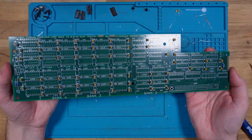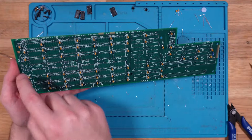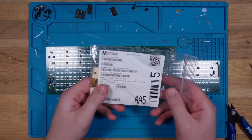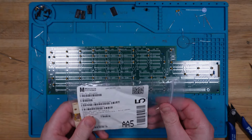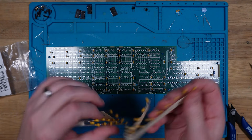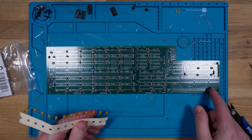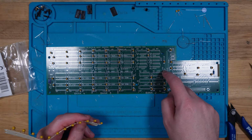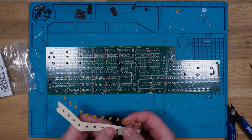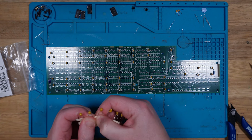capacitors and resistors. So now I do have a few tantalums that will need to go in, so let me grab those out as well. Now these are just 10 microfarad 16 volts, so I'll just grab them from my regular supplier. I didn't have to order. These are a pretty common tantalum value, so I think they're all populated, so it's 10 of them. Okay,